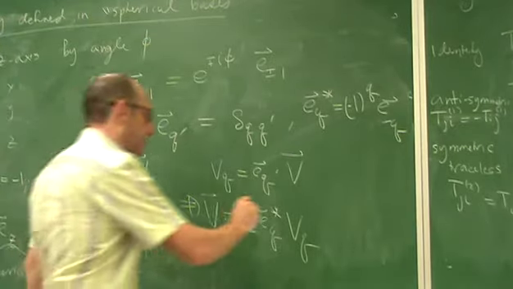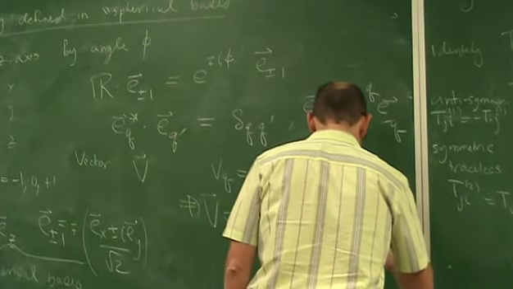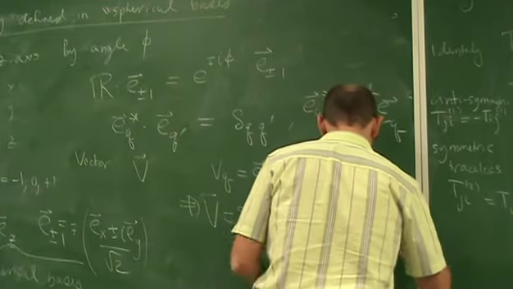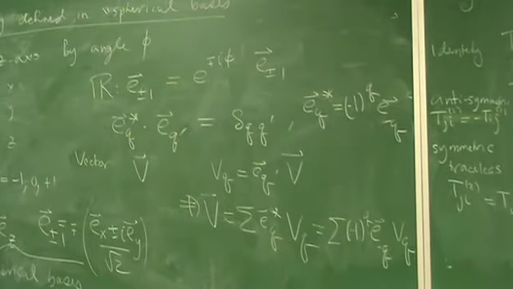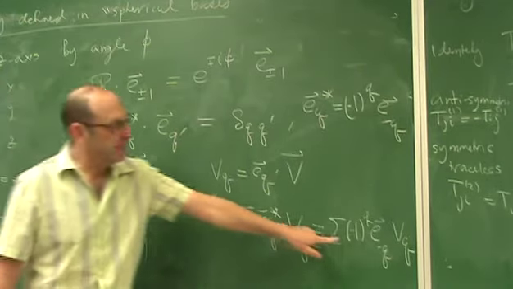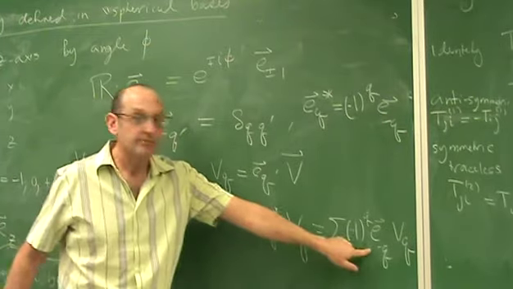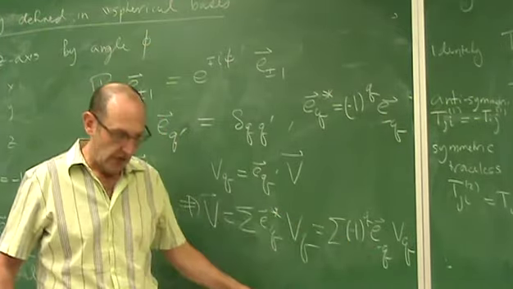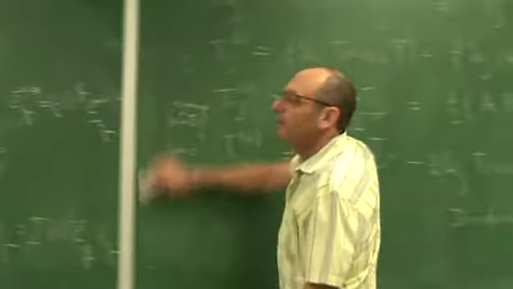And this is another way you will often see this written, with this lovely factor, minus 1 to the q up front, and then e minus q. All right, so why did I bother with this? Well, let's